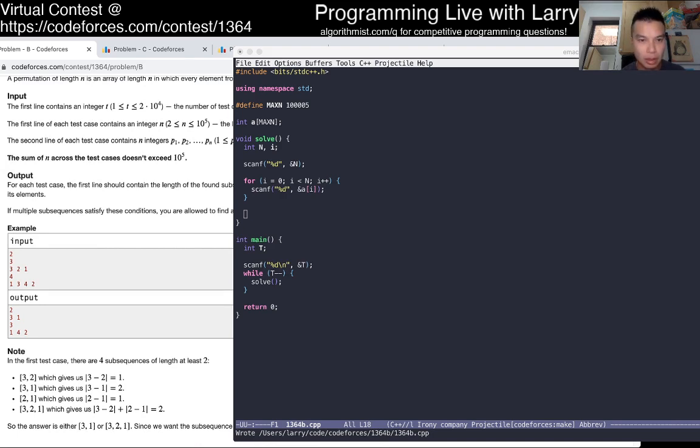So basically, do we always want the first number? I think that's my question. Do we always want the first number? I guess so, because you can never get that back.